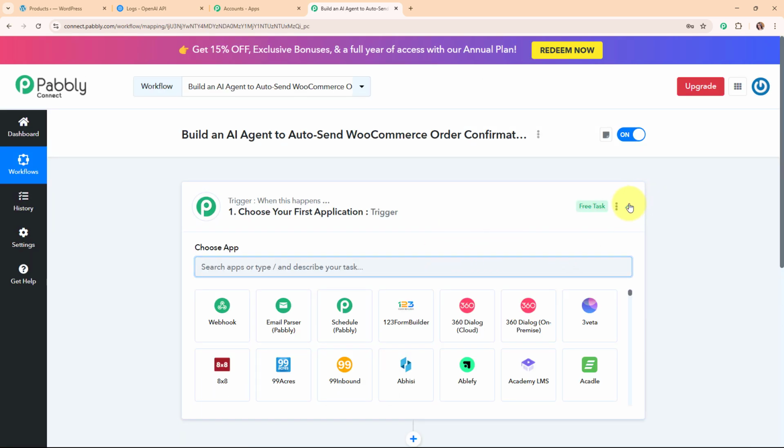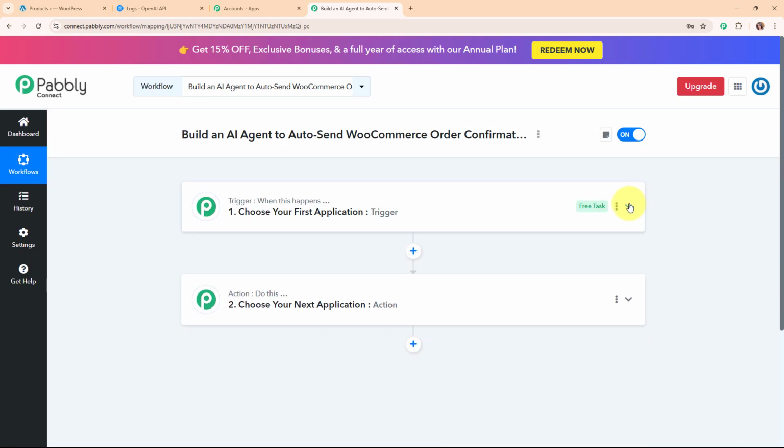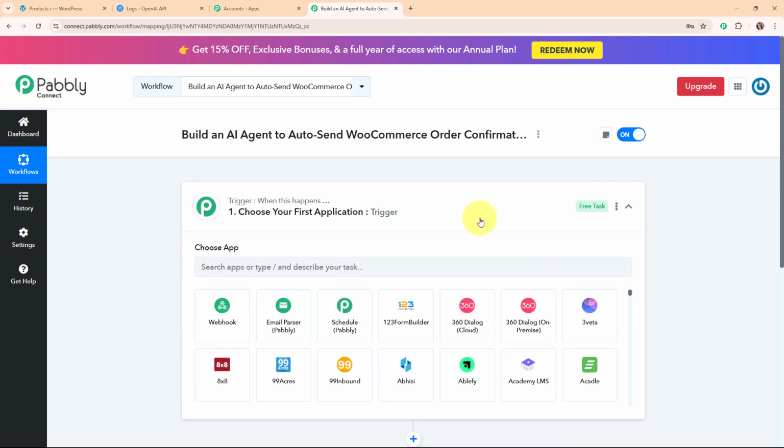Now here in this workflow window, you can see we have successfully created a workflow, and here on my screen you can see the two most important principles of an automation process, that are trigger and action. Where trigger says when this happens and action says do this. That means action is a response towards a trigger. Your automation can have a single trigger but multiple action steps. Now let's begin our automation by simply setting up a trigger.